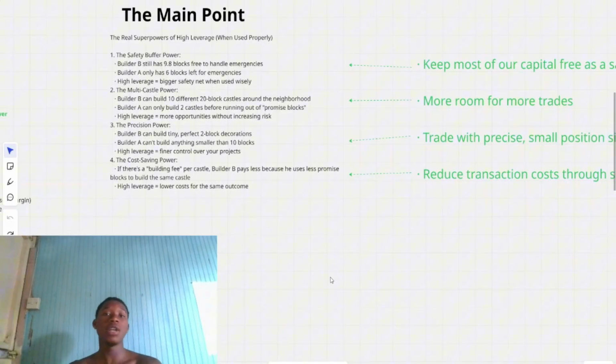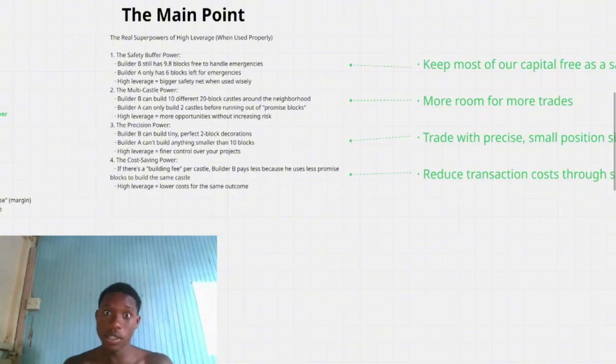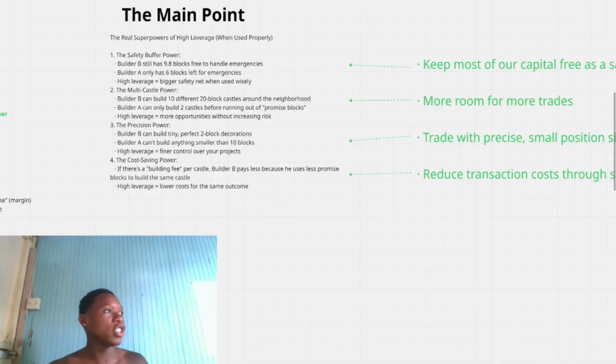So for example, if you have low leverage, there are certain trades you cannot take. Like for example, you're scalping and your stop loss is only 2 pips. With low leverage, most times you would not be able to take that trade because 2 pips on, let's say, a $1,000 account with a 2 to 1 leverage, you don't have enough margin to take that trade. You could test it out. I don't know, but I know that's the main point. Okay, but with a higher leverage, you could take these smaller, precise trades